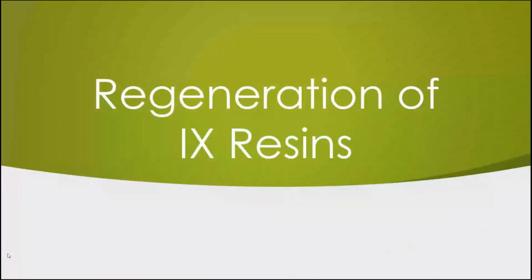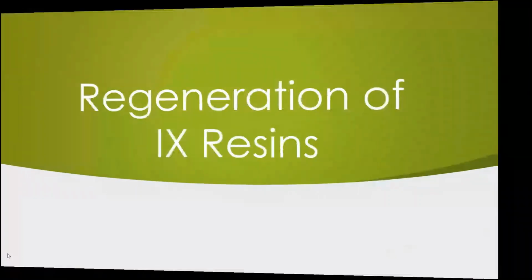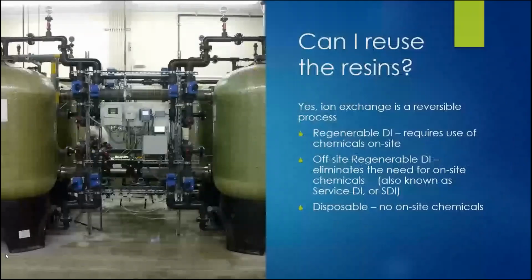Let's take a look next at how ion exchange resins can be regenerated. In most cases, the ion exchange resins can be regenerated once their capacity is exhausted. The regeneration process typically involves the use of acids or caustics. This process can be carried out on the customer site, or the resins can be sent to an off-site regeneration